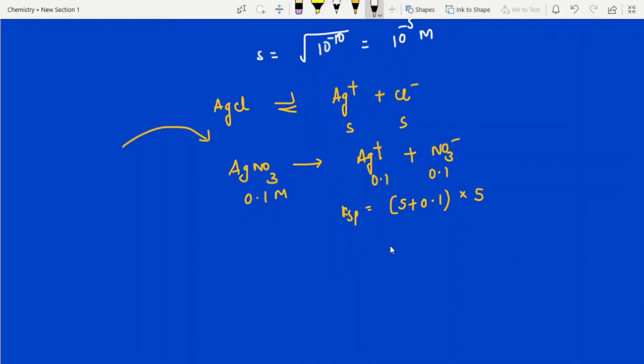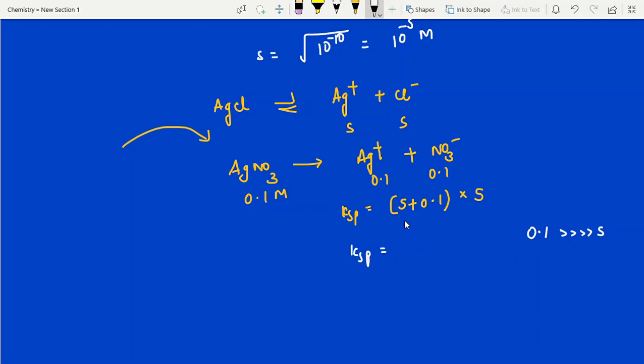Okay, try it. How to do this one? So this here is 0.1 M Ag plus ion. This is a partially soluble salt. Partially soluble salt is a sparingly soluble salt. Its solubility is very less. But compared to these two, which concentration is more? This concentration is more. Then you can neglect this one. That means 0.1 is greater than S. Then you can neglect the term.